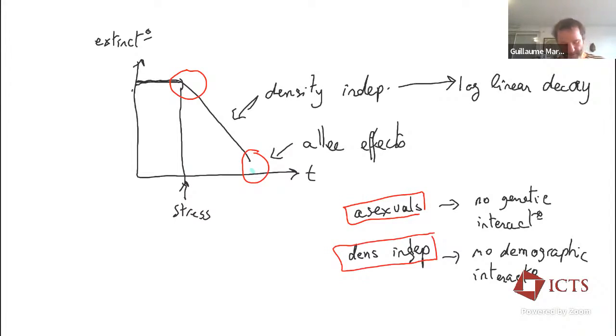Finally, the other important simplification I will do in most of what I will do is a constant stress. That's very important because there are many situations where we can expect not to have this. But for starters, it's very important to understand what happens when you have a shift between